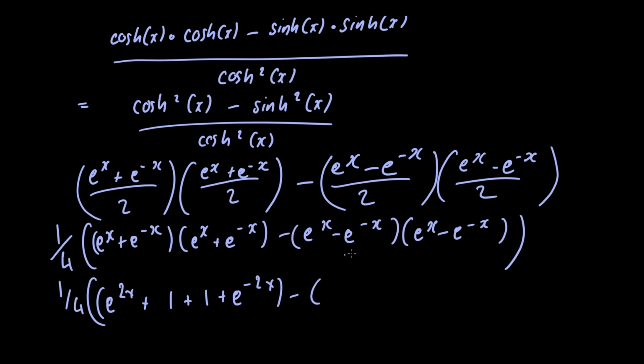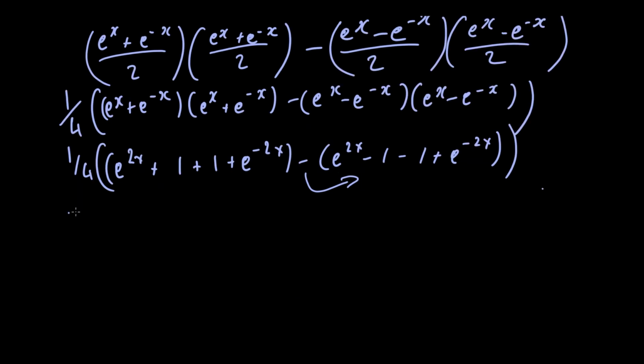Minus e raised to x multiplied by e raised to x, e raised to 2x, e raised to x multiplied by minus e raised to minus x, which is minus 1 again, and minus e raised to minus x multiplied by minus e raised to minus x is just positive e raised to minus 2x. At this point we want to go ahead and distribute this negative sign to everything inside these brackets here. So we're just going to have 1 over 4 multiplied by, everything here stays the same,